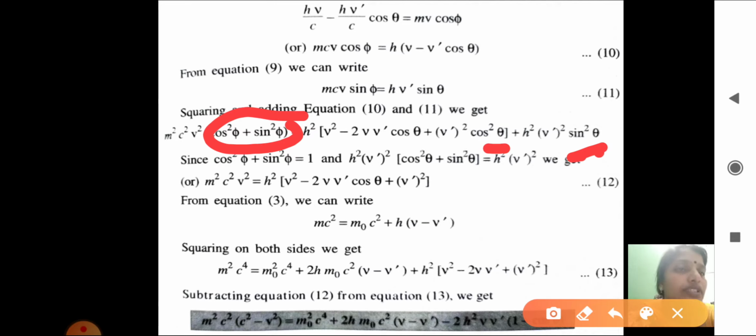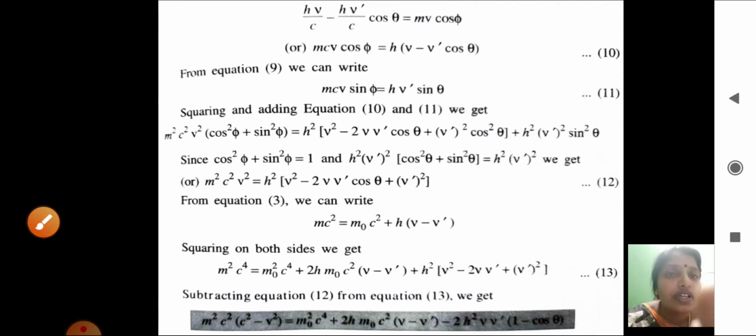Substituting, m squared c squared v squared equals h squared times nu squared minus 2 nu nu dash cos theta